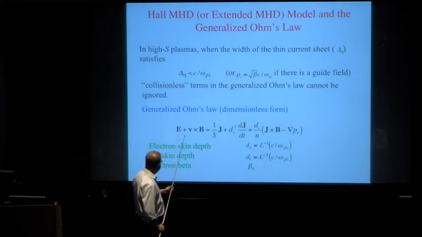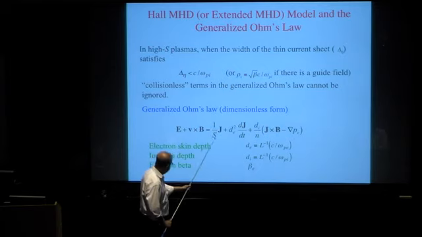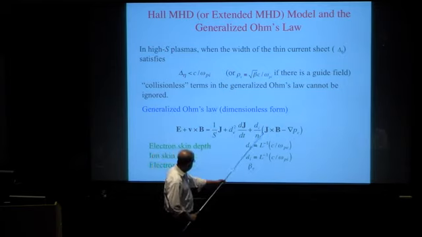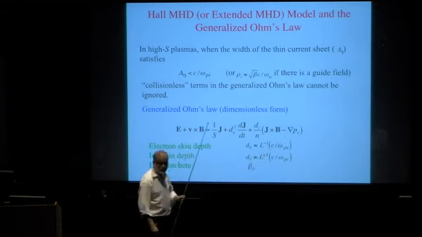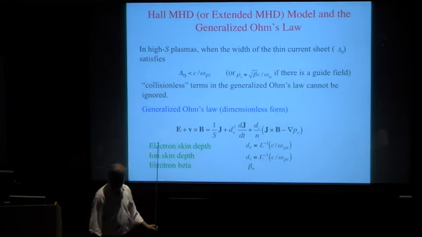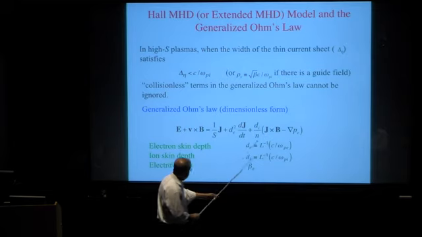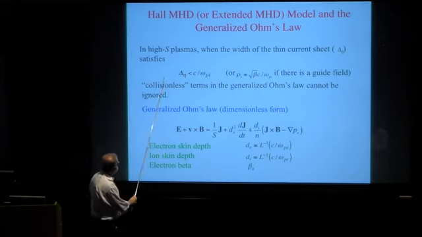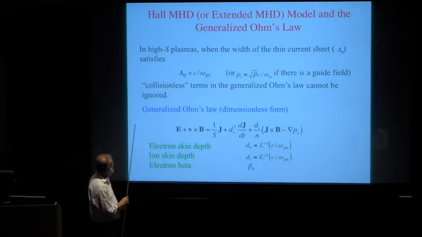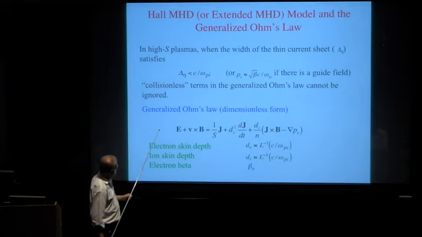So I'm asking that question here, written down a generalized Ohm's law, which has the Lundquist number, the electron inertia term, and the Hall current and the pressure gradient of the electron, with the further assumption that the pressure is a scalar. This is what is called Hall MHD, because it has the Hall term in it. It also has the pressure gradient term in it, and the effects come in very similarly. This is what we learned doing Hall MHD simulations, and this was a criterion that I developed with some postdoctoral colleagues and students of mine back in the 1990s.